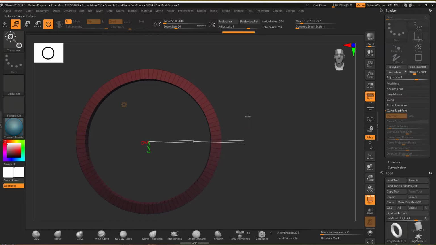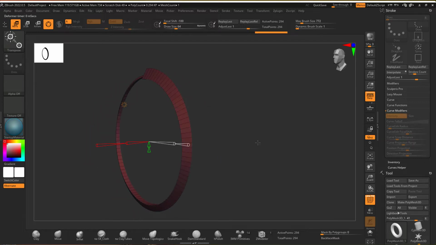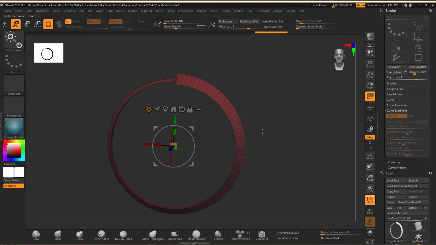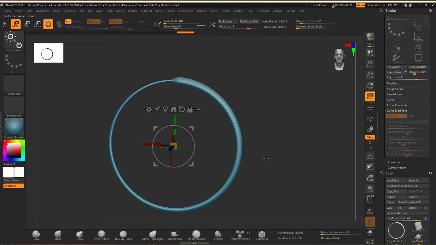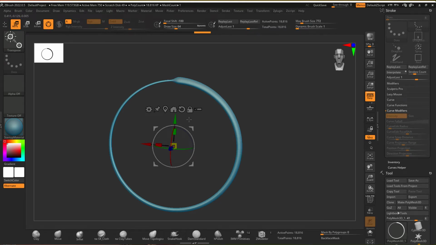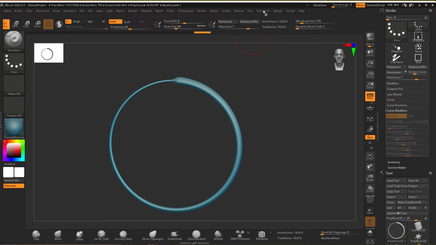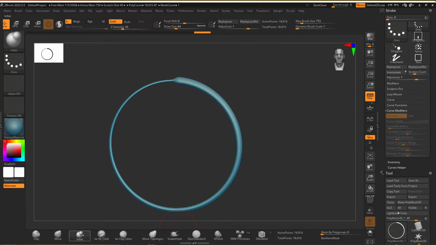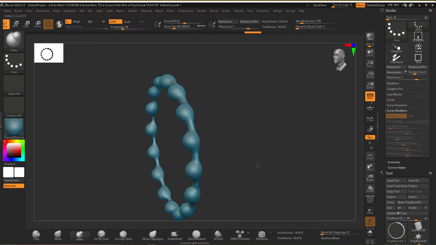change the radius. So I have no idea what I'm making here. I'm just kind of fooling around. Let's try that. So I'll accept that. Go to Gizmo, and I'm going to divide it a few more times. Let's turn on transform, activate symmetry. Let's do radial symmetry on the z-axis. Let's set the radial count to 16 or something like that. And then we pull up the inflate brush. So just fooling around with some ideas